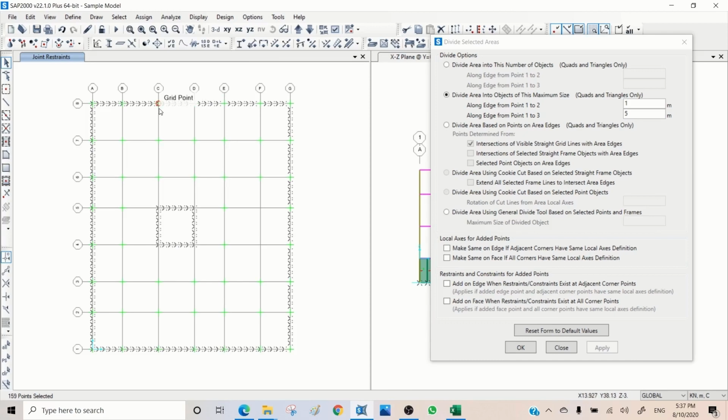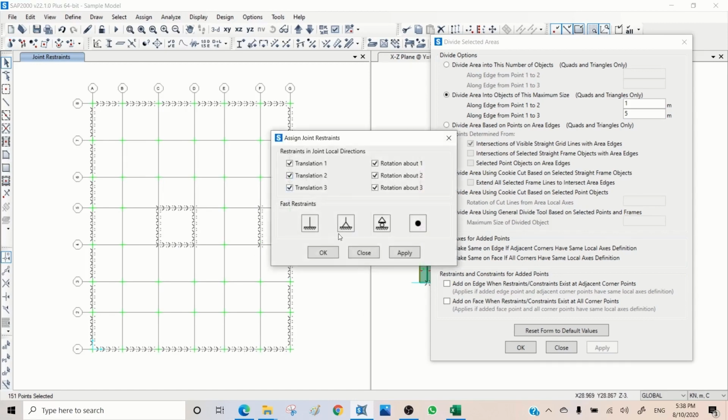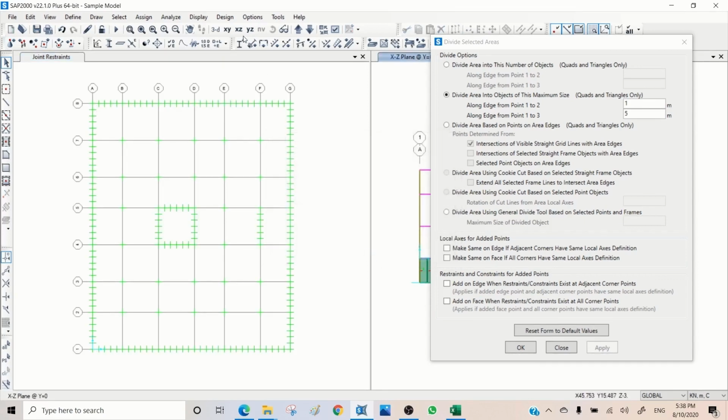So we're deselecting the columns and just keeping the walls in this group, and here a few more. Yes, so it's done. Now I have wall here as well. Now I come to restraint and I choose just pin connection and I apply. So if I go to 3D option here,